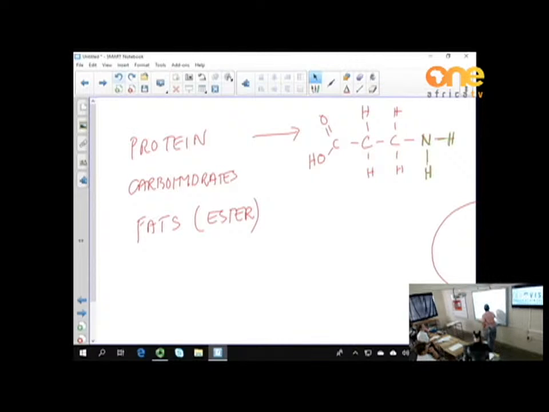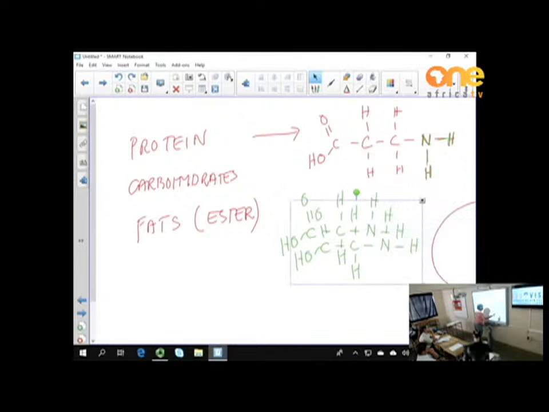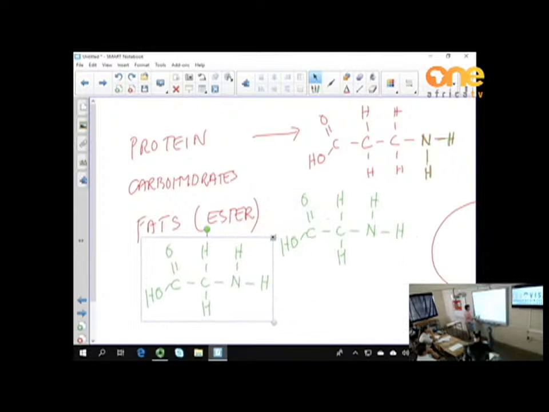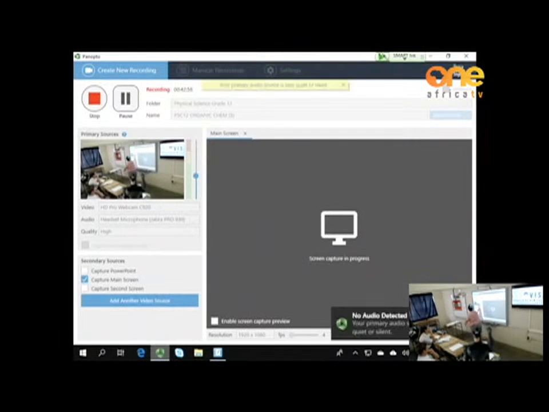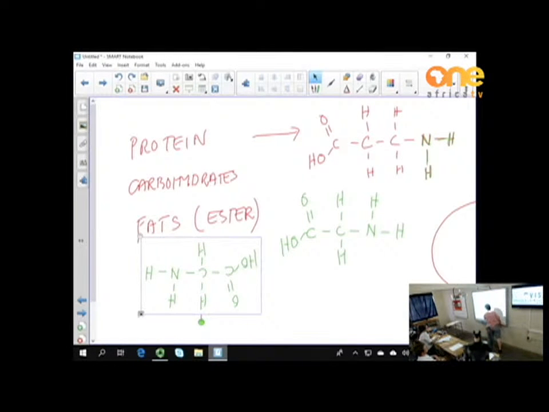Okay, it doesn't matter. Let's draw the one. Nitrogen, hydrogen, hydrogen. We have hydrogen there, and oxygen, OH there. I've just taken a different molecule, okay? So I am going to make a condensation reaction, and what happens is, let's see if this thing would go. Yes, I want to clone it. Clone there. Now I want to turn it upside down. No, I don't. I want it like this. Okay. I've turned this molecule upside down. All right. Now, what is going to happen is we are going to get,